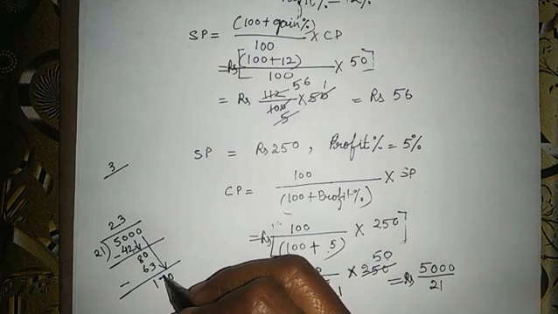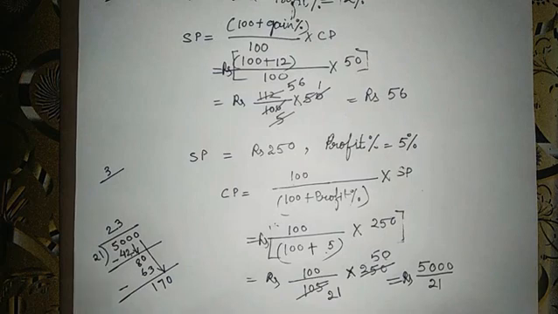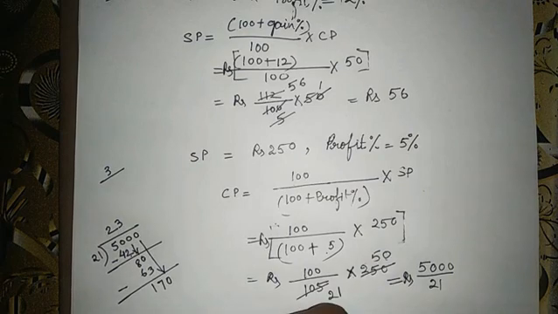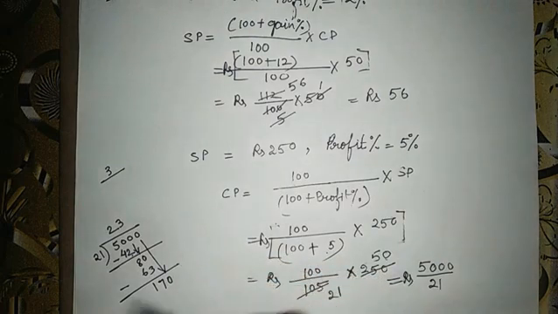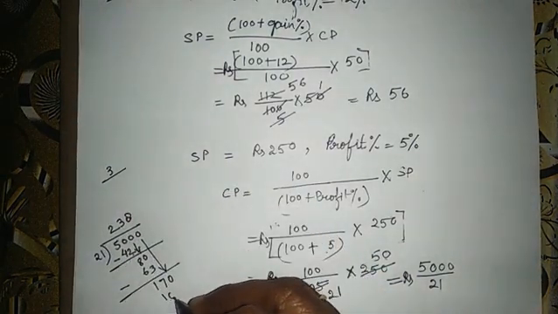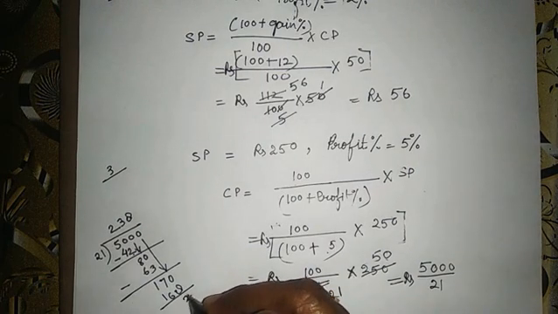Now we will write this 0. Okay, after this again we will try it. So 21 sevens are 147. One more time we will try: 21 eights are 168. Now I think when we will do multiplication by 9, it will be more than 170. So we will read the table 8 times only, because it will go 8 times only. Now 10 minus 8, 2.